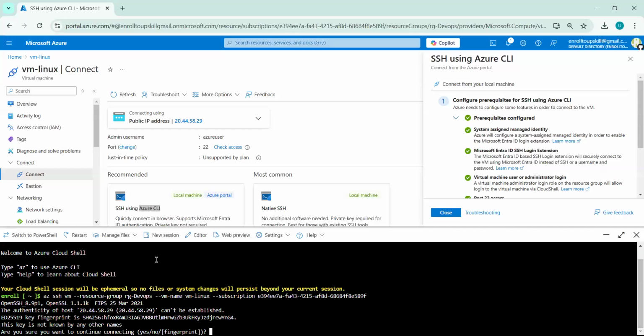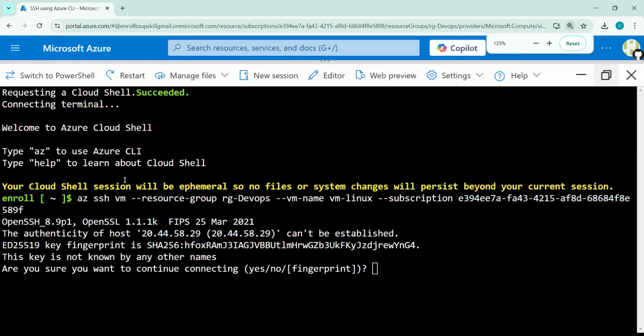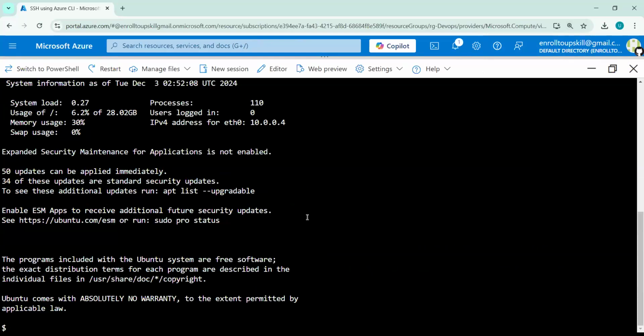So now you can see at the bottom of the screen, let me zoom in. You can see here. Okay. Is it readable? Okay. So here you can see when you connect to Linux for the first time, it asks you, are you sure you want to continue connecting? Yes, no. So always type yes so that you will get connected to the Linux machine. And it adds the host name and all those so that we can connect.